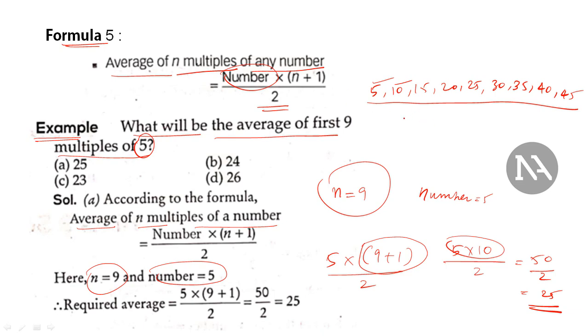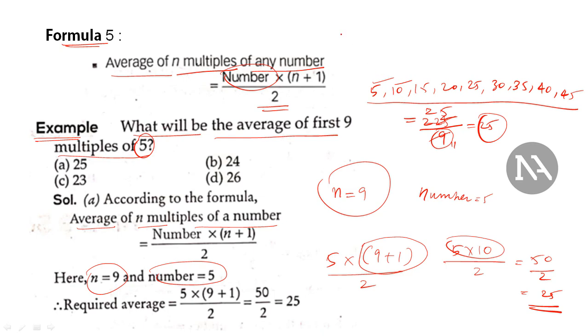If you add all these numbers, that will give you 225. Now how many numbers are you having? Total observations are 9. So if you divide, this will give you 25. 1 9 is 9, 2 9s are 18, then remainder is 4, that is 45, 5 9s are 45. So it is the average for first 9 numbers which are multiples of 5, right?